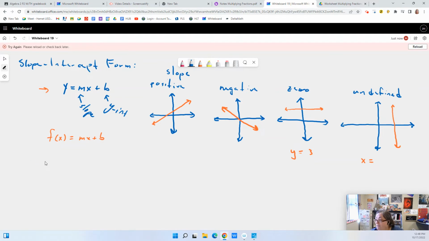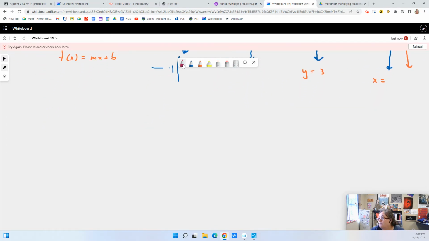So if I have, for example, the equations